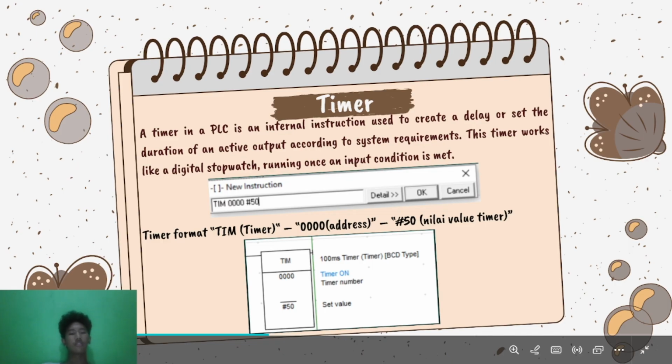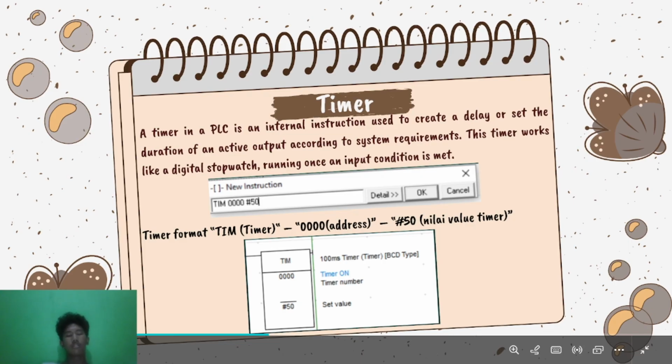In this picture is the instruction input window, TIM 0 #50. This is the instruction input window in a PLC programming environment, likely CX-Programmer for Omron PLC.